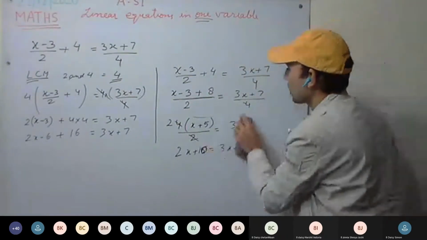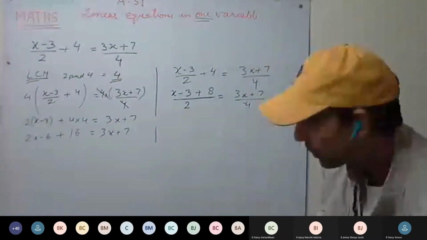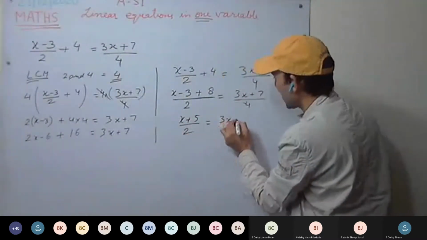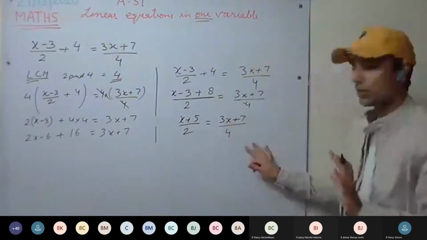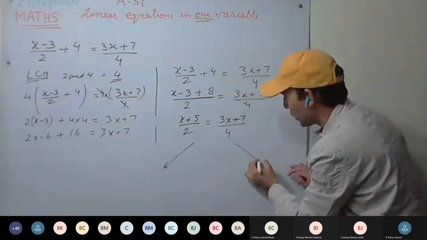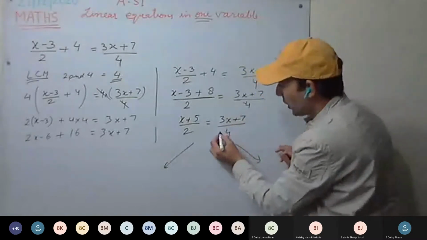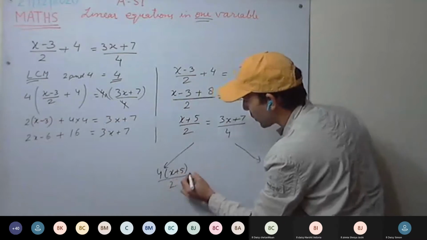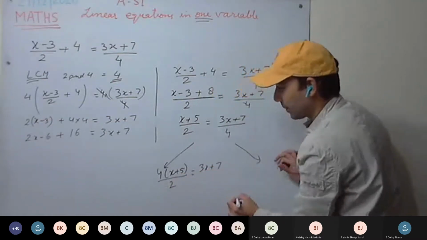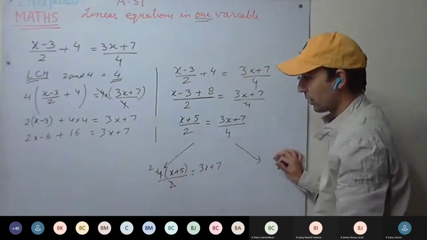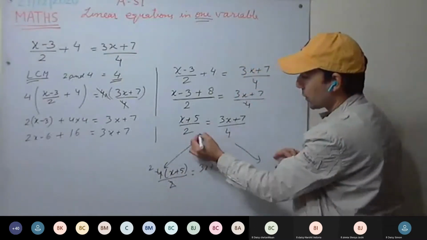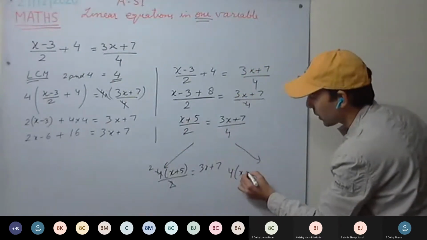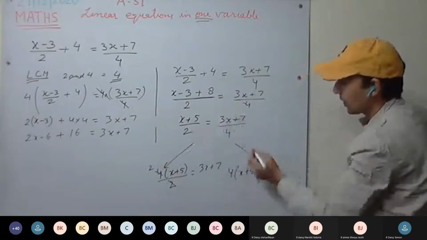Okay, 1 minute. I'll insert one more step here. That is (x plus 5) divided by 2 equal to (3x plus 7) divided by 4. Okay, this you have got. Now again we can do it in two ways. One way is 4 taking on this side. So it would be 4 times (x plus 5) divided by 2 equal to 3x plus 7. So 2 gets cancelled, remaining. Or you can cancel 2 here as well. 2 will be remaining here. Okay. Second method, take 4 to that side, x plus 5, and take 2 on the right hand side.